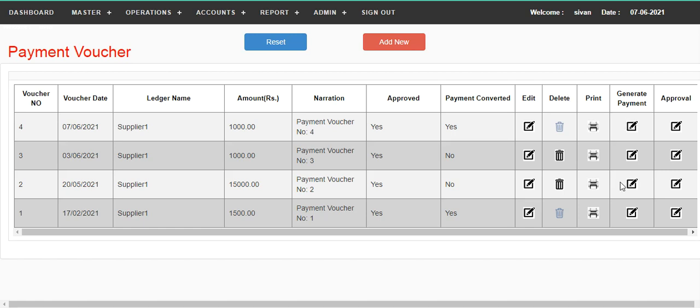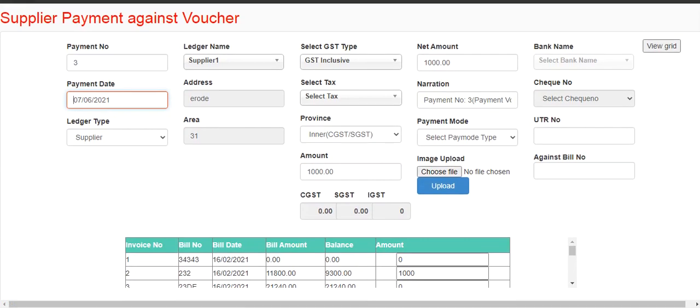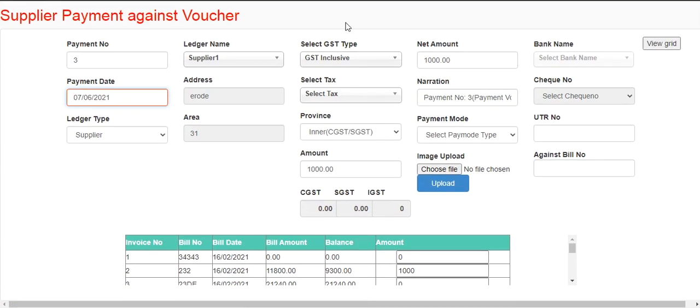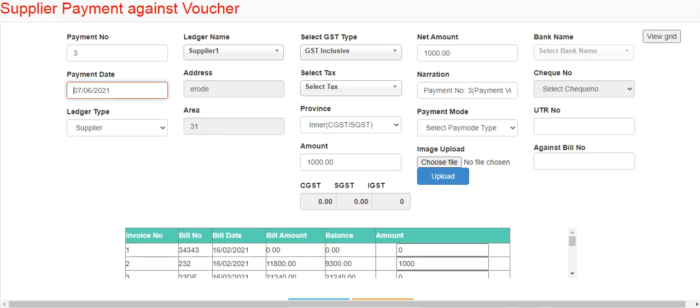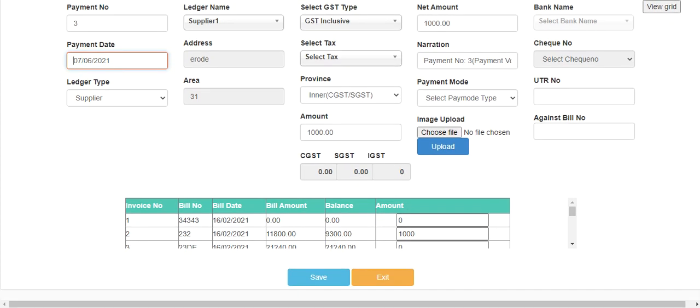So when you click, it will show you, for example, this voucher, apply payment against the voucher has been created, and the payment will come here. When we create, what is the particular supplier name? For a supplier we have multiple invoices on which we have to make payments, right? So you can make payment in a net amount. These are the outstanding payments we have to make.